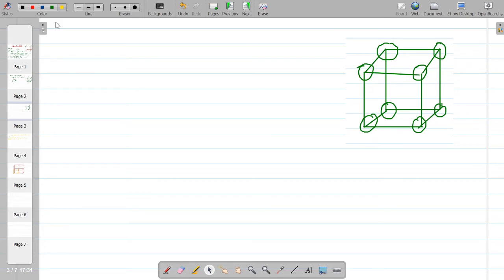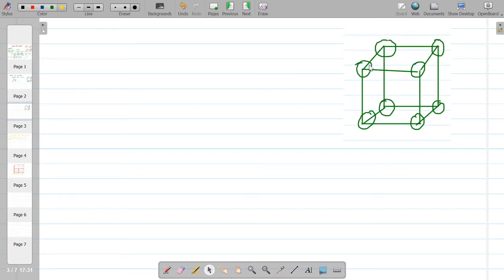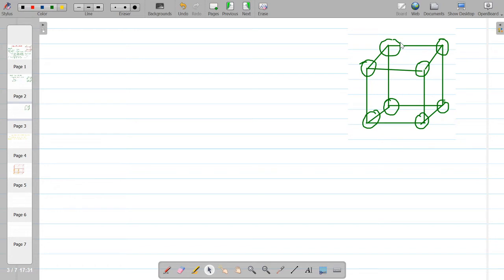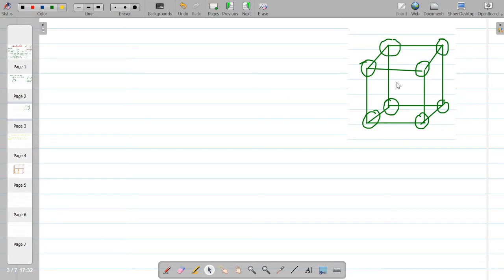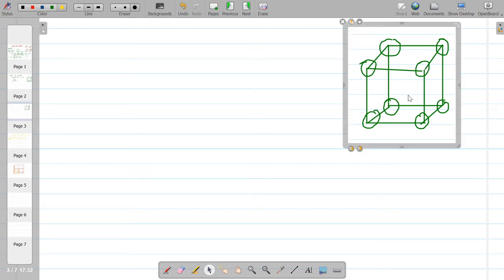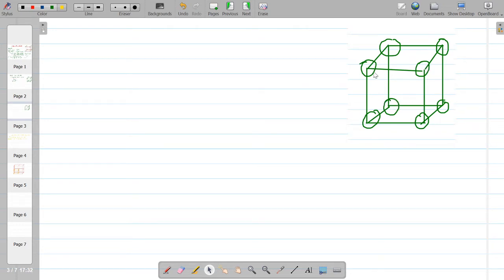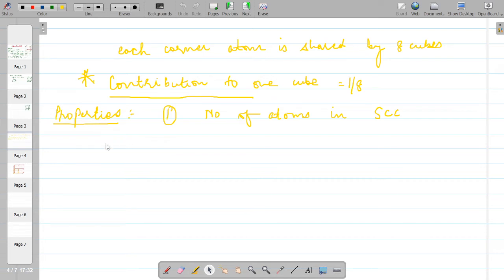So in a cubic crystal there are 8 corners, and it means this atom will contribute 1 by 8, this atom will contribute 1 by 8, this atom will contribute 1 by 8, and similarly all the corner atoms will contribute their 1 by 8 to this particular unit cell. So in total we can say that the total number of atoms in the unit cell is